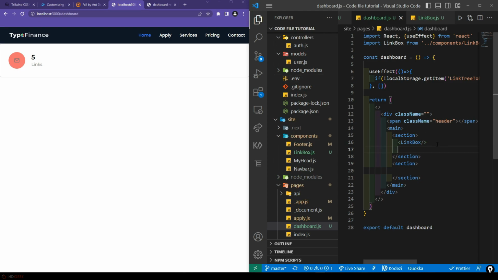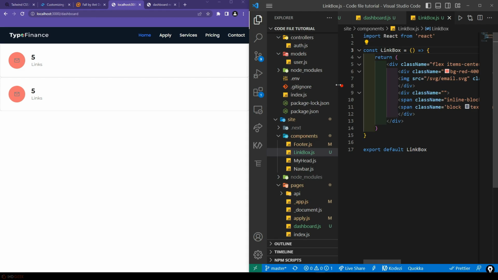And let's now copy this and paste this twice, so two of them will be visible. And now the main twist will be here, that we will make all the content dynamic. So for that we will edit this LinkBox. Let's collapse this again,